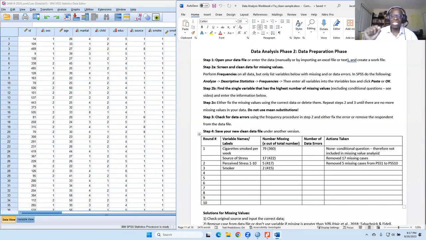We ran the frequencies again, and then we found that for perceived stress, there were 5 people who did not answer the 10 questions on perceived stress. Maybe they got fatigued or something, and they just skipped all 10 questions. So again, we go back to the original, look to see if the data is truly missing. We assumed that it was, and then we removed those 5 missing cases.